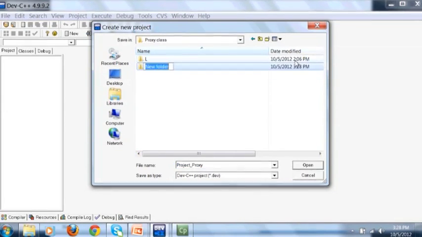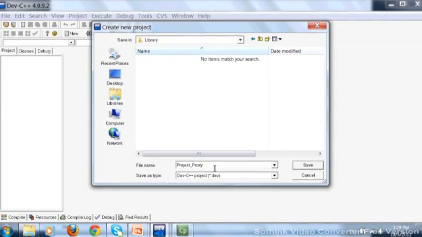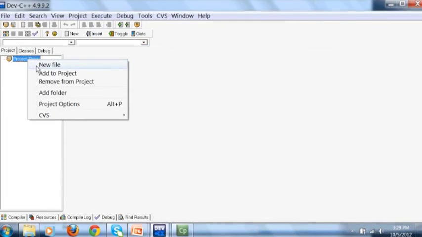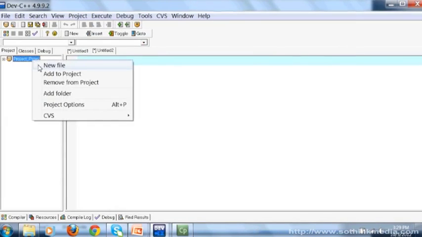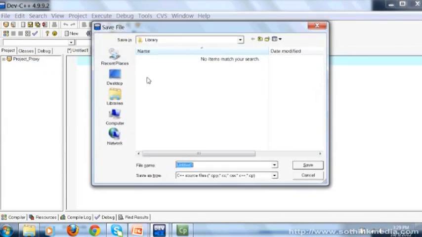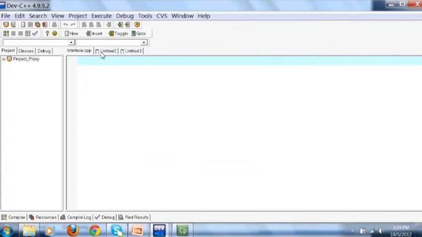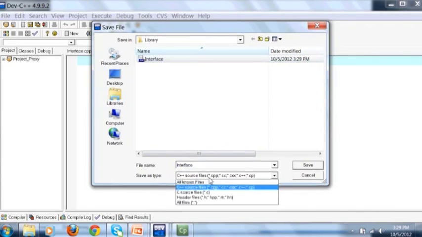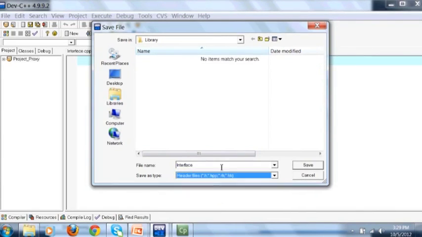Now we use a folder library, and we want to save this project underscore proxy underscore lib. This is a library, right? Now we are going to create a new file, and new file, and new file. Let's save it. So this is an interface.cpp file. Second one is the interface.h file,